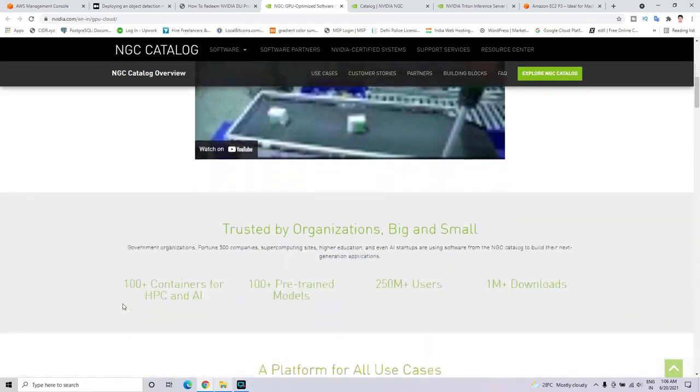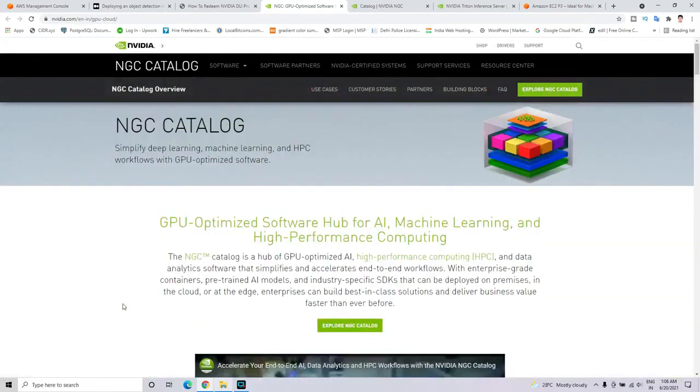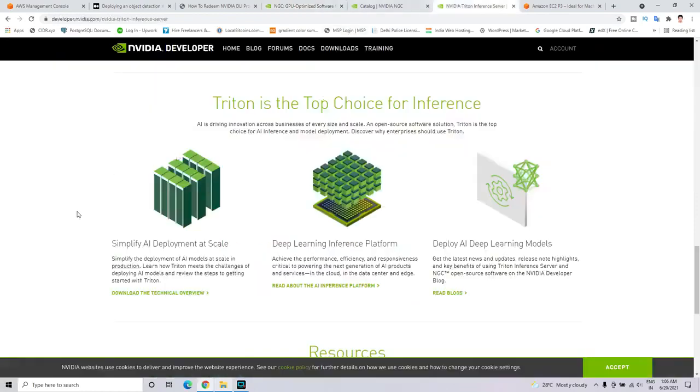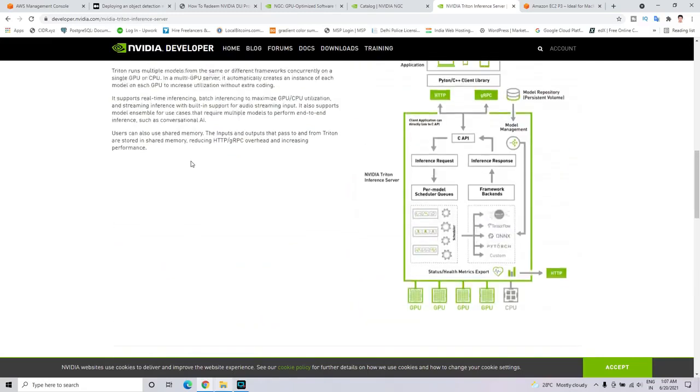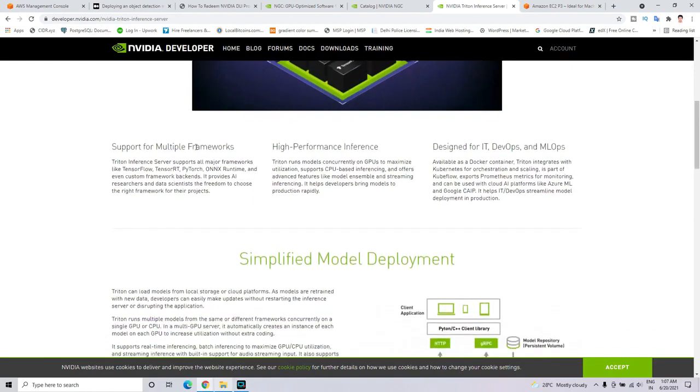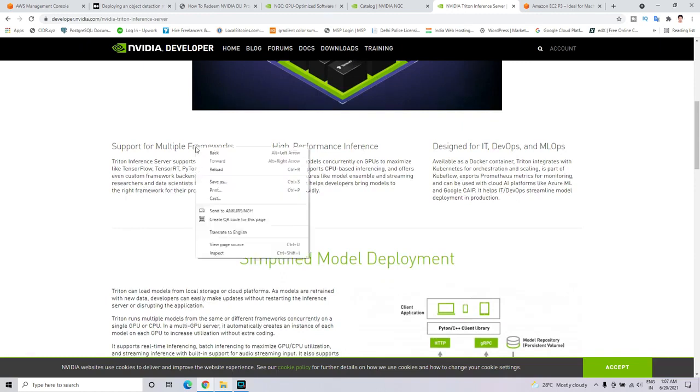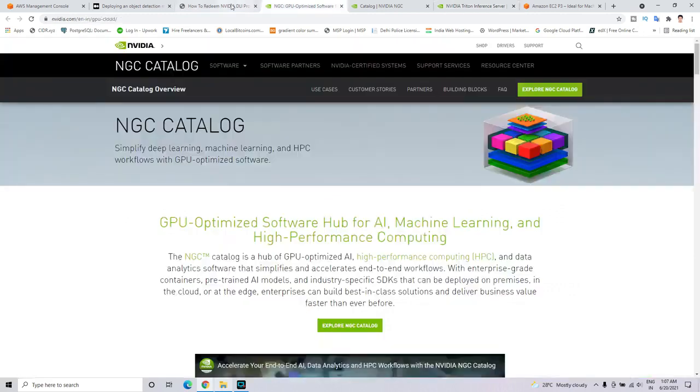So we are primarily using one of the NGC catalog, that is NVIDIA Triton Server, in our project of deploying an object detection model using NVIDIA Triton Inference Server. NVIDIA Triton Inference Server lets a team deploy trained AI models from any framework like NVIDIA TensorRT, PyTorch, and many more, in our cloud storage or cloud platform or on any GPU. For this project,